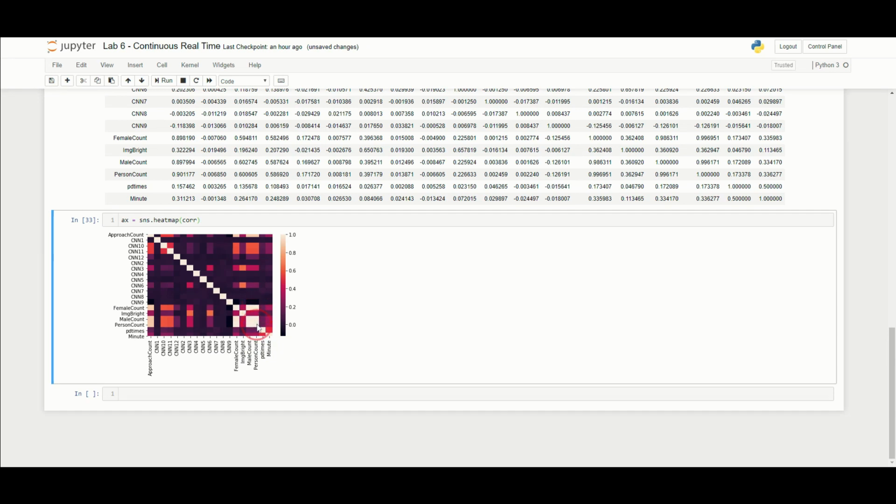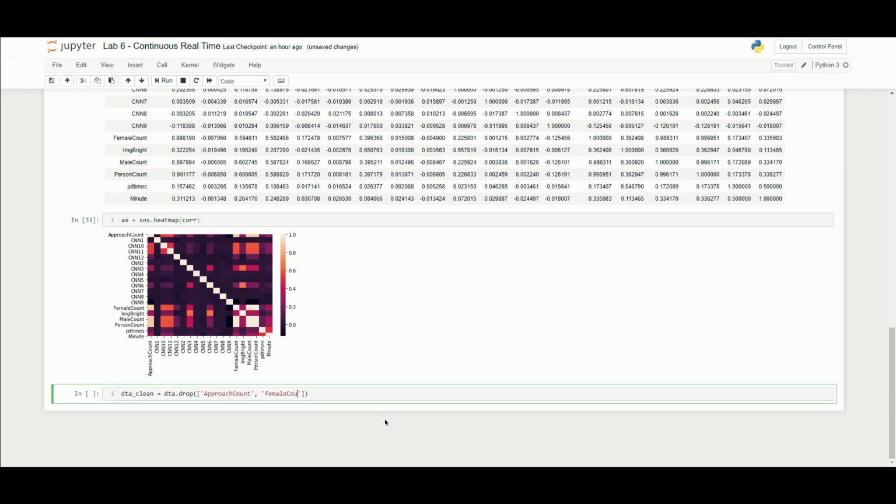Now, female count and male count, we can't actually use those. If we could predict those two, they would add up to person count. So we can't use female count to predict person count, because this is not something the camera is giving us. This is something that the algorithm is giving us. So let's do a little bit of cleaning and remove the elements that are not going to be relevant for our analysis, the things that we can't use within our analysis. Things like approach count, for example. We only want to use the inputs the sensor is receiving. So we're going to drop approach count,